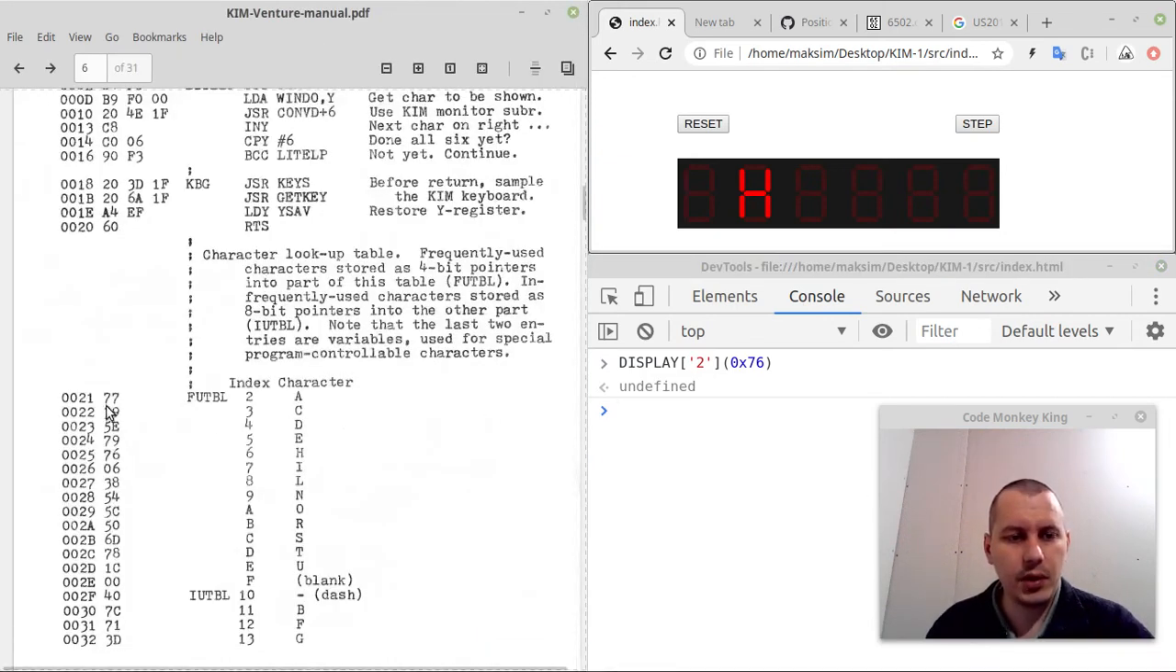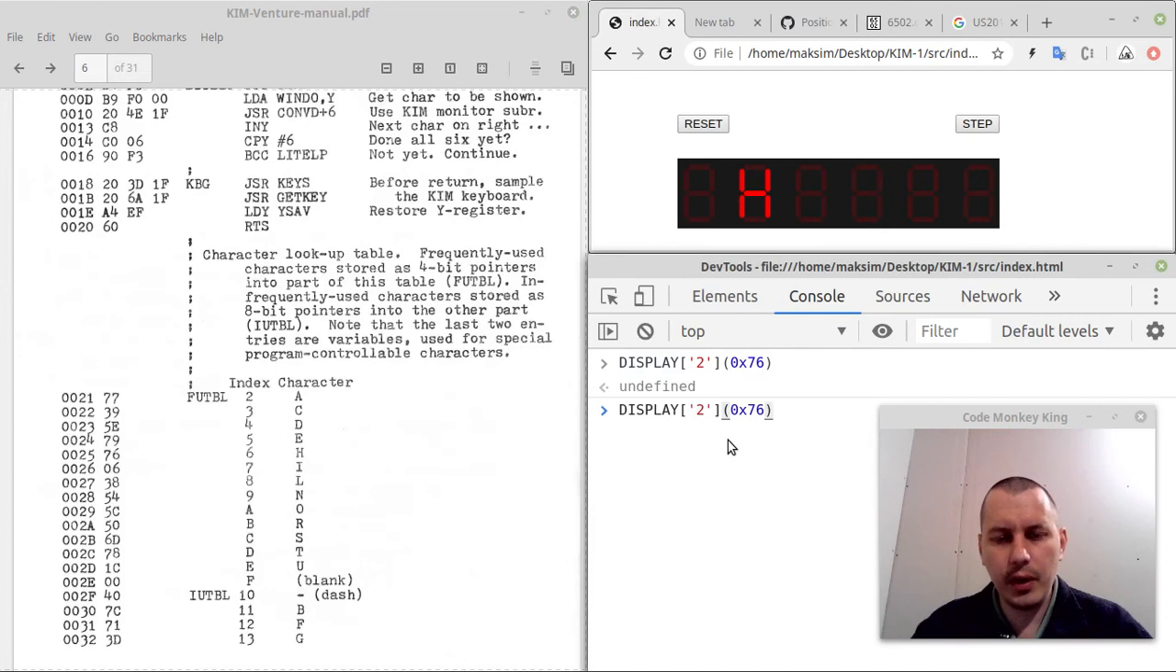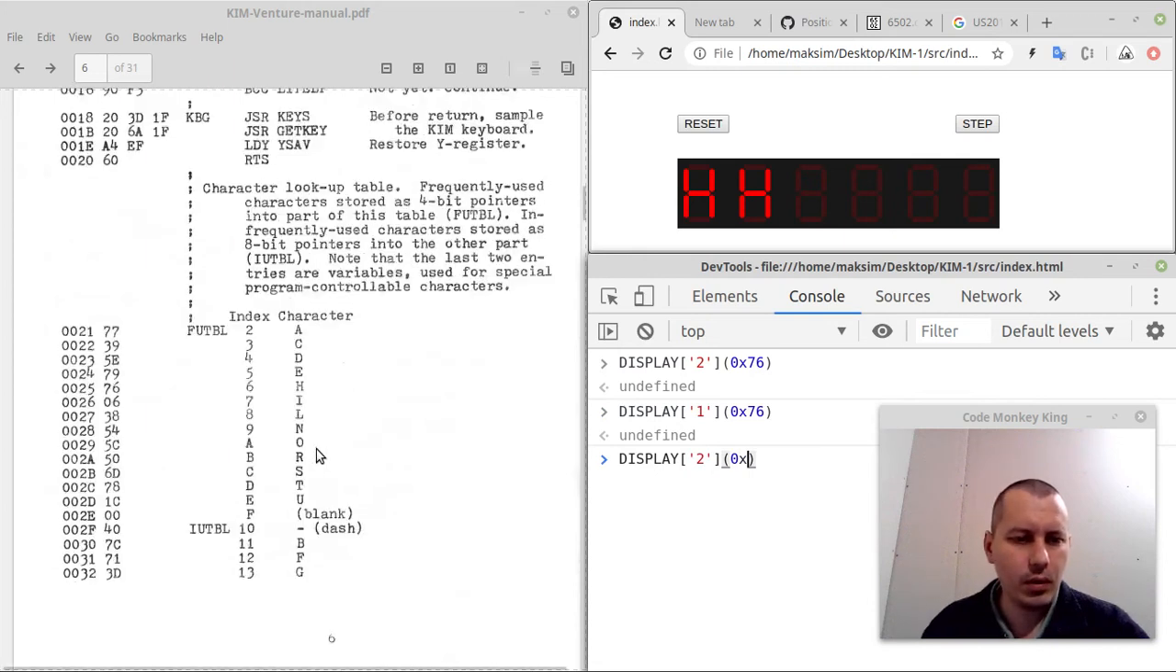So let's try to verify a few more characters. For instance, 77 should print the letter A. Actually, let's start from the first one. Let's try to print hello. Hopefully it works. So H is 76, then 2 should be, well, a little E would be better, but let's use the big E. So 79,